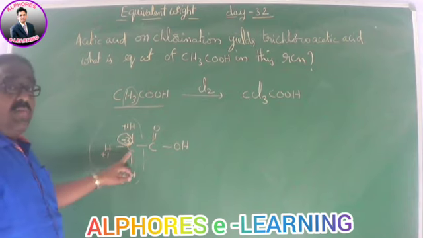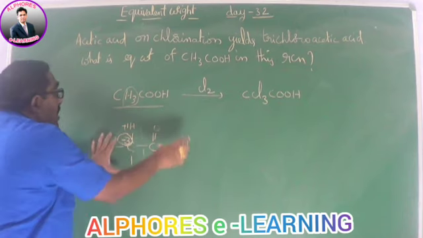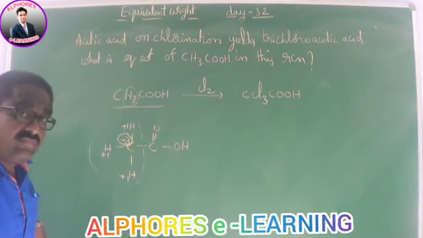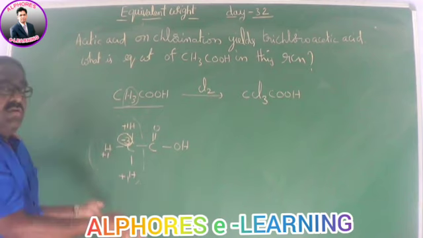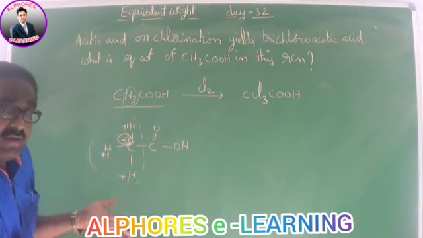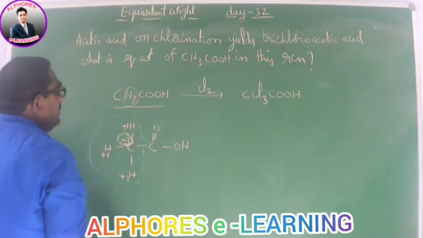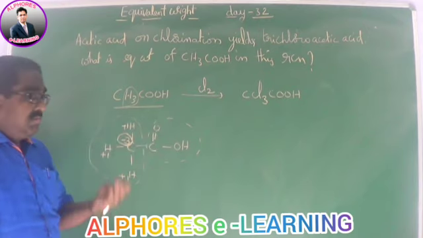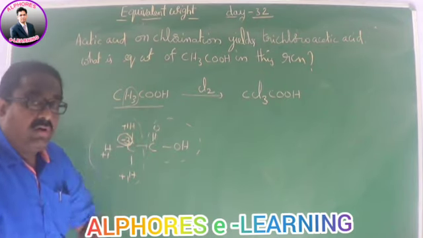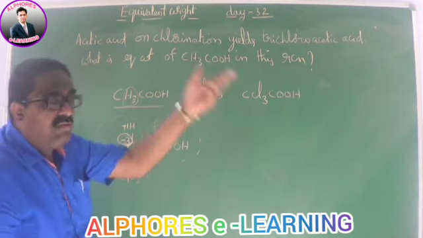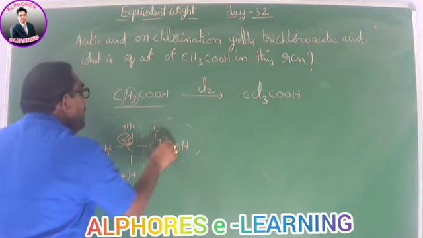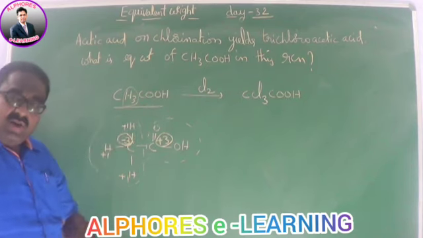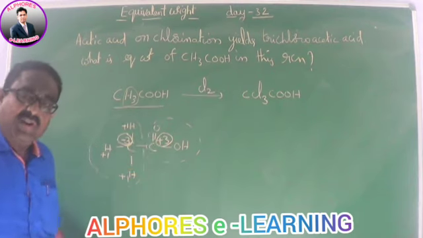Why I have written -3? Bonding between same elements, if no other bonding, is 0. But this is bonded to some other, this is bonded to some other. So then the net should be equal to 0. This we have already applied while learning the oxidation number concept. Similarly here also, this net should be equal to 0. 2 oxygens minus 4, 1 hydrogen plus 1. Minus 4 plus 1 should be equal to 0. So it should be assigned with plus 3. So the oxidation state of this carbon is minus 3 and the oxidation state of this carbon is plus 3.